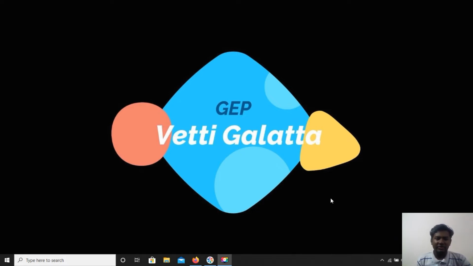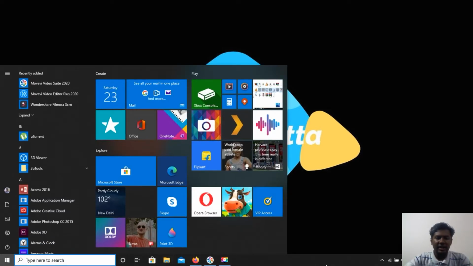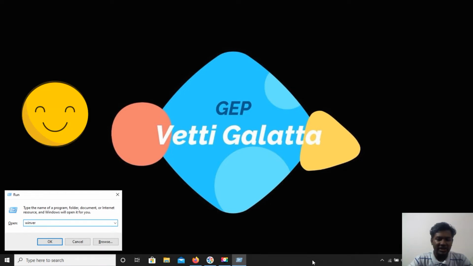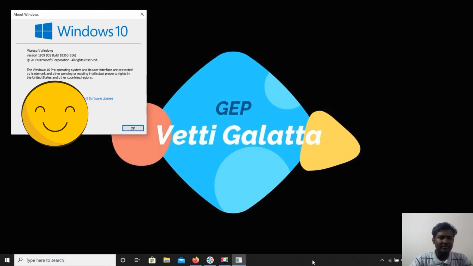The first thing before you learn about updates is which version you are running on your PC. So first you may have a doubt about how to check the version which my PC is running. It's so simple: go to start and open run, and from here just type the command winver and click on OK. Once you click on OK, you will get a prompt with the version which your machine is running.